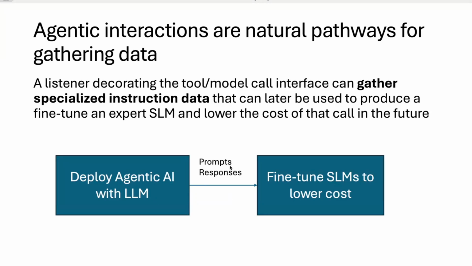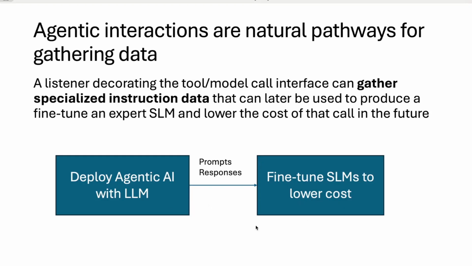And then based on the prompts and the responses you see in the system, you may find that it's a very limited scope, and that you haven't fully utilized the LLM for this fixed list of tasks. Then I can use these prompts and responses to fine-tune an SLM to lower the cost, especially if the payload is high.